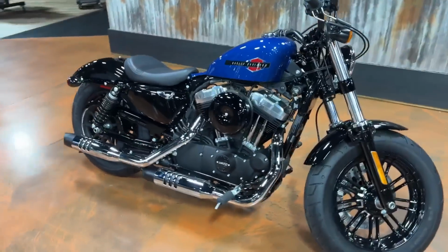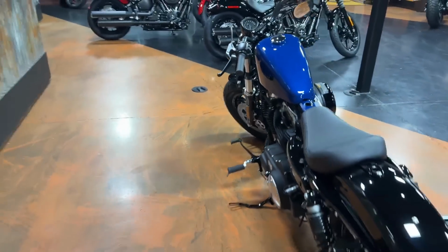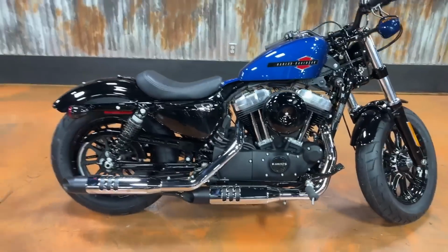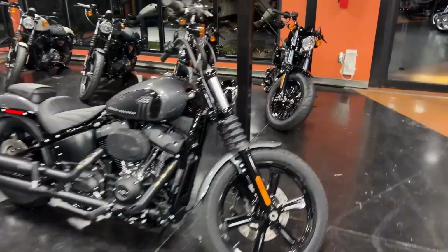More buyers, especially older ones, are opting for bikes that can do it all: commute, tour, and cruise. The 48 just does not check those boxes. Its old-school charm only goes so far when compared to better equipped and more comfortable options in Harley's own stable. If the 48 feels too compact, the next bike on this list proves that even size can't save a sluggish model. The race to move these models is on, and we've got the details you need to know before you